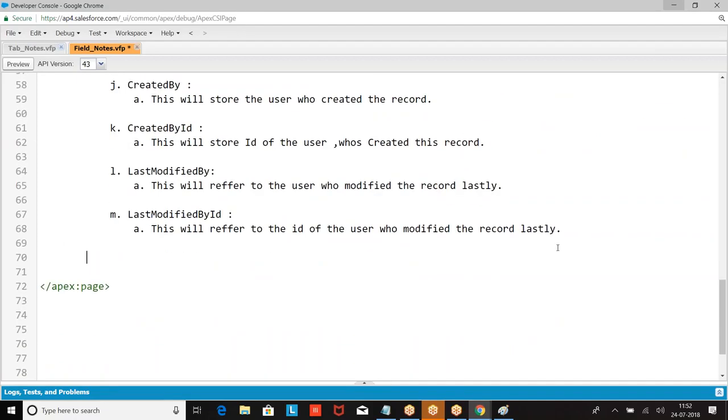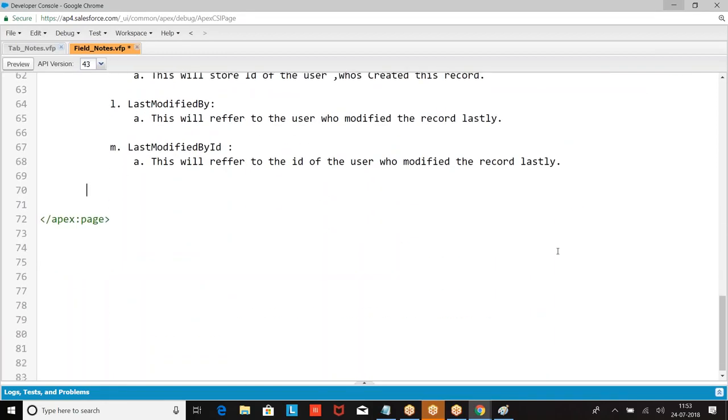Now, out of standard fields, some of the fields are called system fields. In system fields, some of the fields are called audit fields. Right, boss? Okay. Now let me give you.